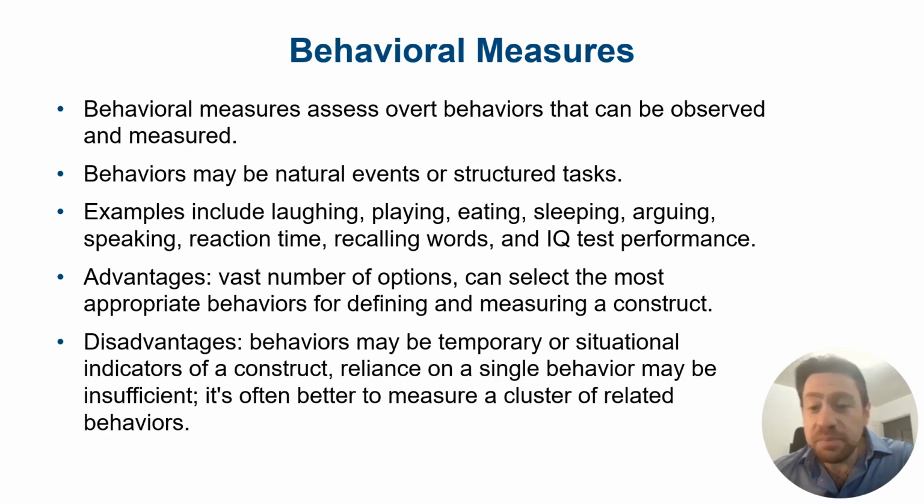And finally, we have behavioral measures. So this involves measuring behaviors that are thought to be related to the construct. So for example, if you are measuring fear, a related behavior may be the willingness to approach a certain stimulus that you're afraid of. So let's say you're trying to treat a phobia, let's say arachnophobia. Maybe you measure how close a person can get to a small spider or how much time they can spend in a room with a spider. And maybe following treatment, those measurements begin to change in a way that suggests that the person has less fear of that stimulus.